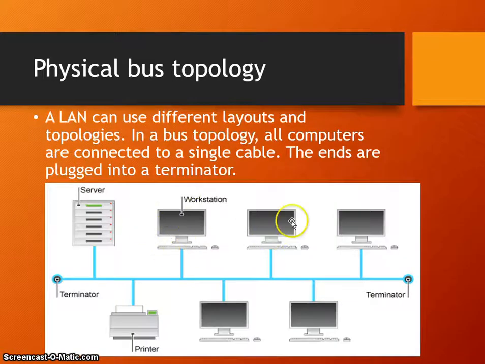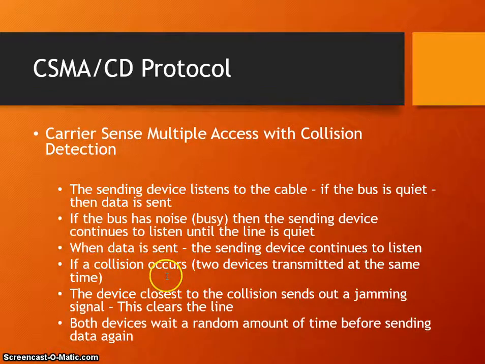But both of these devices might have been doing the same thing. They both might have been listening to the bus. They both might realise it's now quiet. They both therefore send data. And one's going this way and one's going that way, and crash! There's a collision. If a collision occurs, which means two devices transmit at the same time, and that data